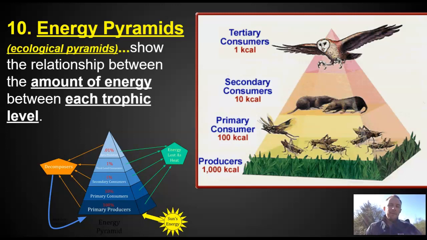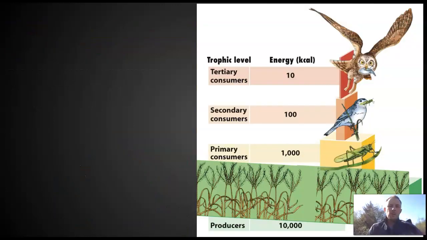Well, food chains and food webs really don't explain that, right? You see plants at the bottom, but what does explain it is these things called energy pyramids or ecological pyramids. An ecological pyramid places organisms in the different trophic levels where they feed or exist, but it also demonstrates how much energy is available at each trophic level. And there's some basic math we can do. There's some modeling that's been done around this that explains it.